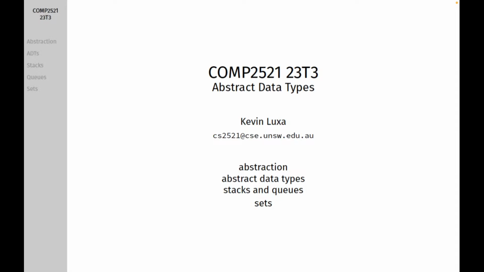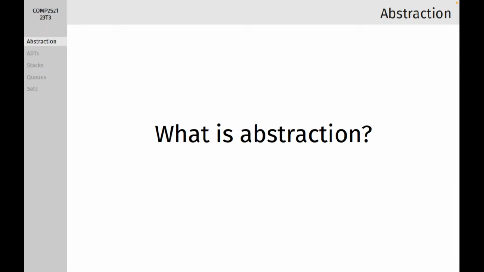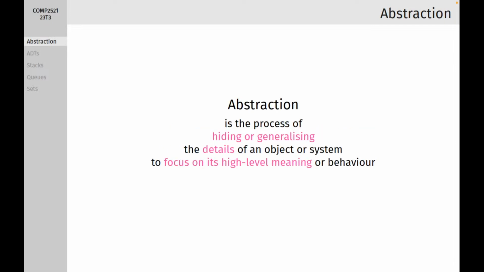Okay, so abstract data types. So what are they? Okay, so before we actually get to abstract data types, what is abstraction? Abstraction is a really important concept, right? If you go on the internet and do a search, you'll get lots of different definitions, lots of explanations for what abstraction is. But here's a definition which I'm a bit satisfied with. So abstraction is the process of hiding or generalizing the details of an object or system